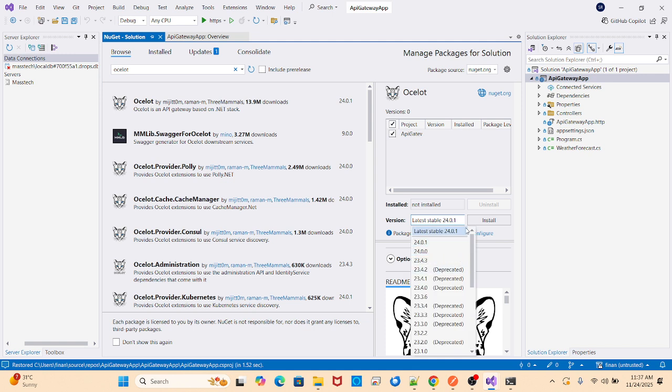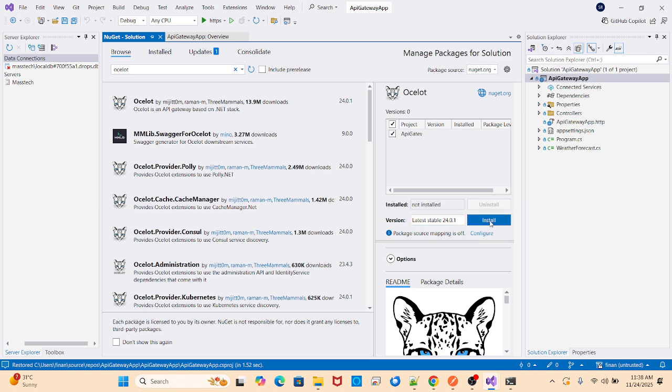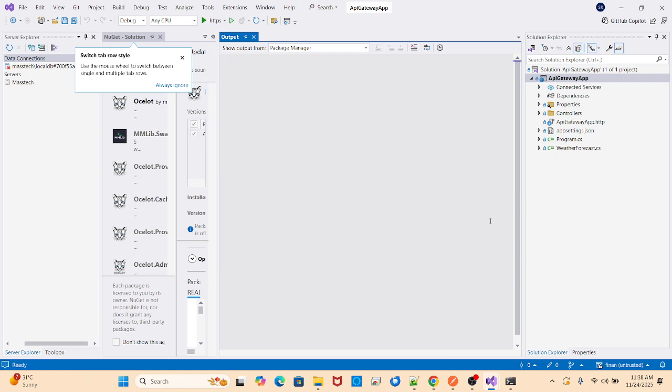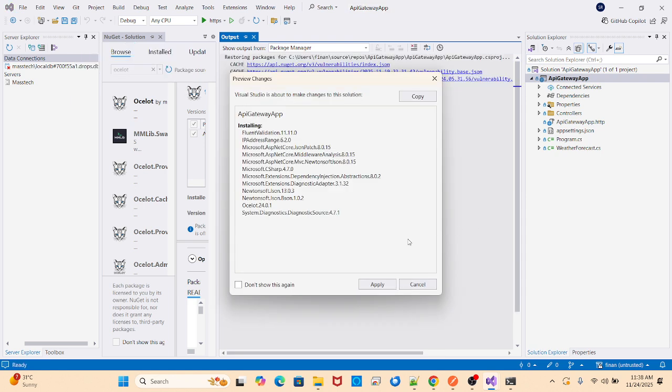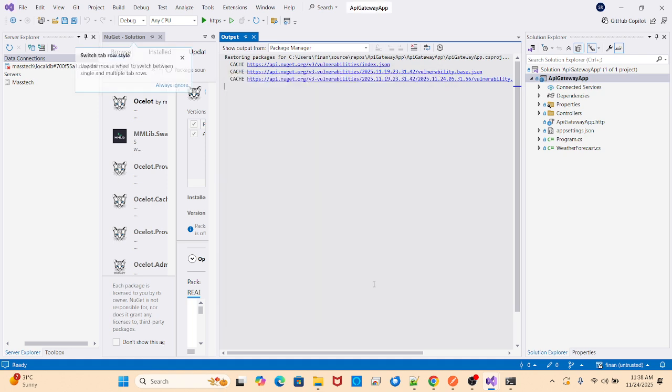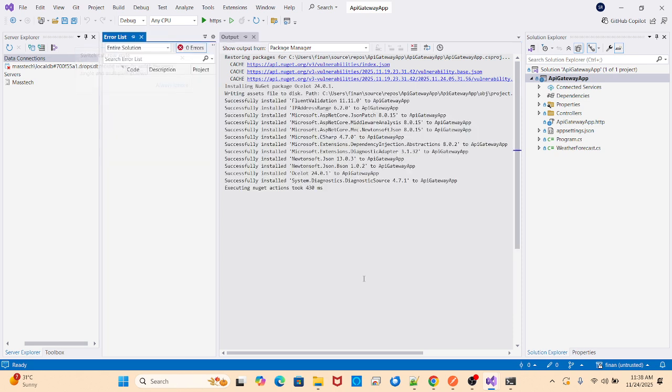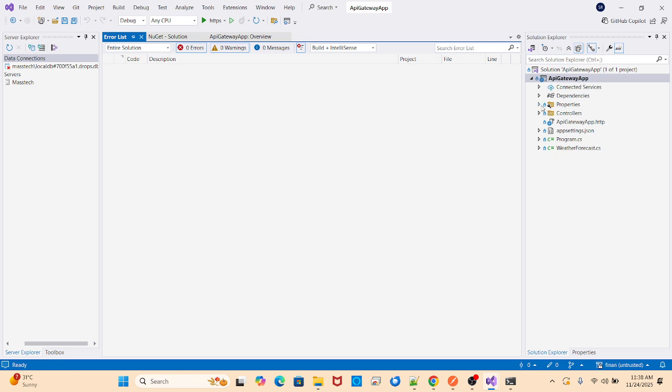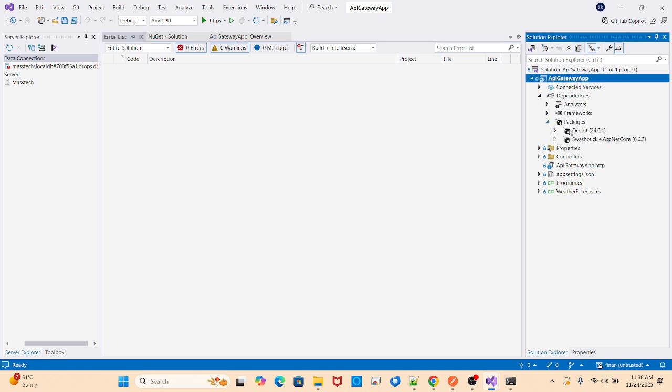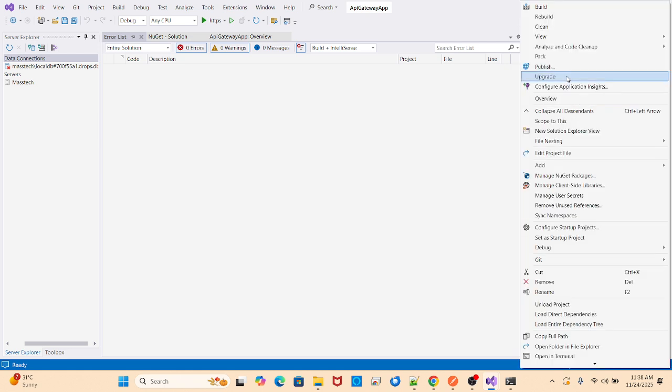You can take the latest stable version, don't take the deprecated one. This one also we can take, it is also showing the stable version at 24.0.1. It's fine, we'll take it. There are no tools or SQL Server packages required. It's added, see, Ocelot. Once the setup is done, the next thing I have to do is right click on the project and add the